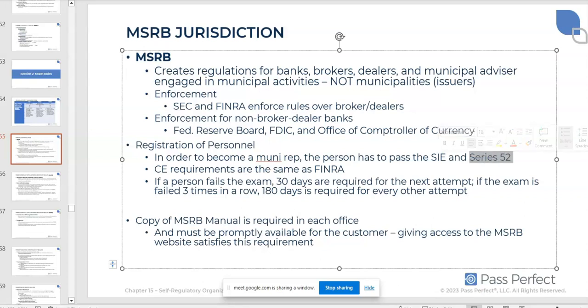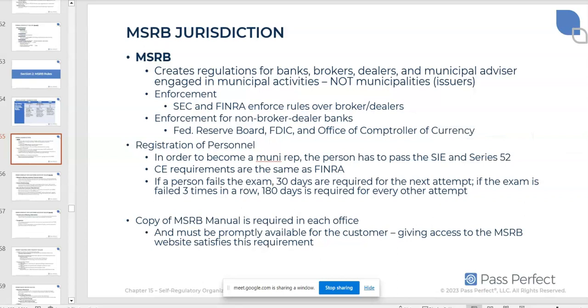Now, again, the Series 7 also allows someone to take buy or sell orders on municipal bond products because the MSRB does recognize the Series 7 as being capable of doing so. Just like FINRA says, you have to have a copy of the FINRA manual at every branch office available for customer inspection. Well, the copy of the MSRB manual has to be there too, available for customer inspection. Also, access equals delivery is FINRA's and the MSRB's understanding. So if they can access the FINRA manual or the MSRB manual from the website,